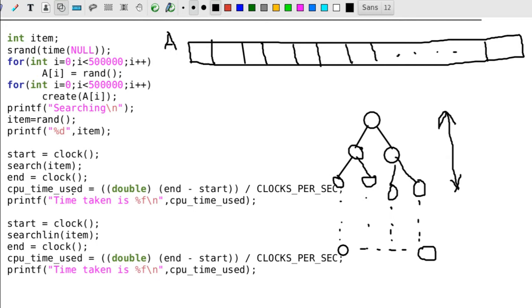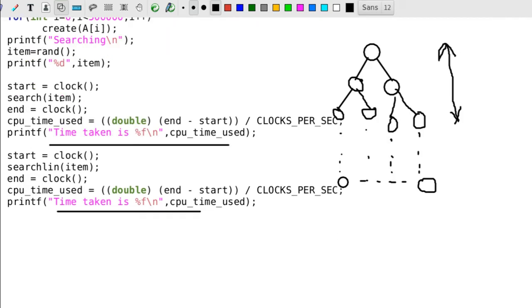But here, we will be running the algorithm to find out which one is better. So, we have an array with 5 lakh elements, we have a tree with 5 lakh elements, and we will be using a search procedure to search for an item, and we will be printing the time taken for both of the cases.